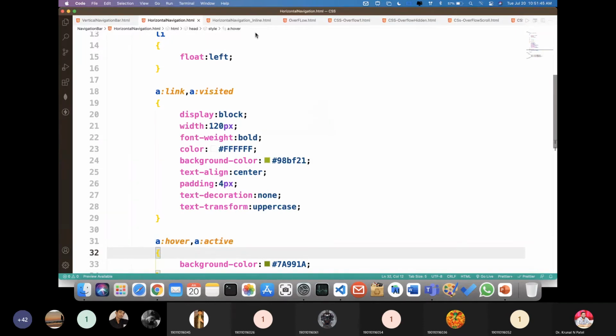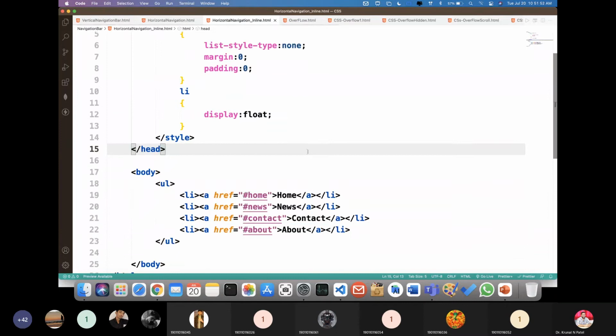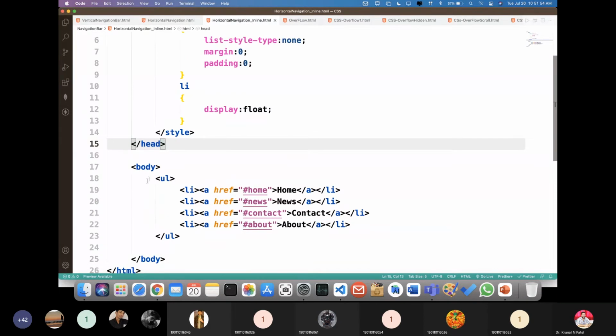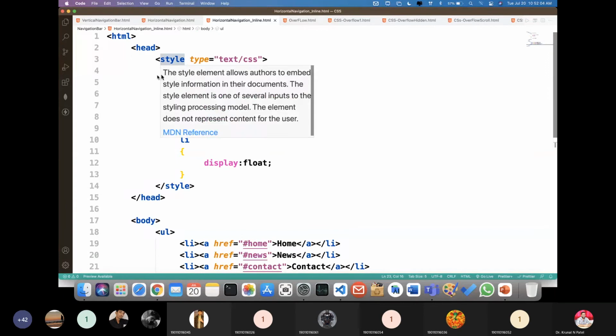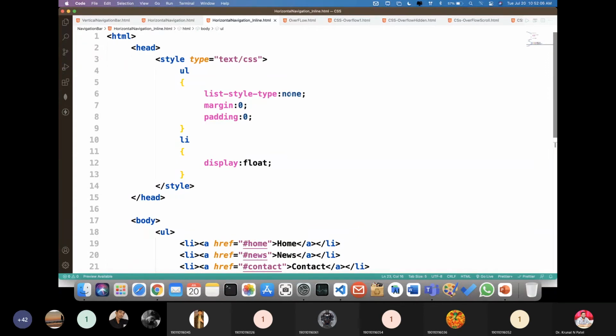So if I want to make it with the inline property and float property, here is the example. So this is a very simple one, guys. So you have to create an unordered list similarly. Now, what changes I have done: for the UL, same style type equal to none.